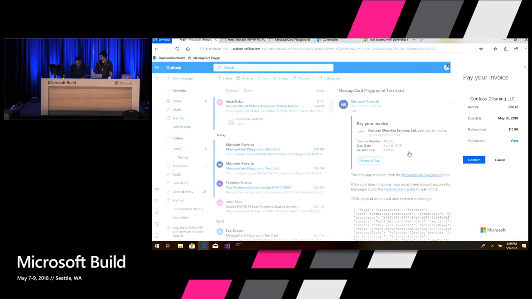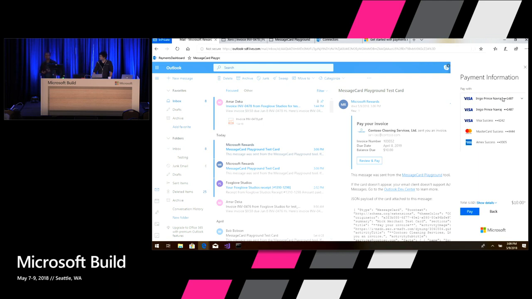And once I click confirm, I should be able to see the credit cards that are on file on this particular account. In fact, when you are testing, the account is also configured with multiple test card accounts. For example, you will be able to see more cards like Visa success and Visa failures. I'll talk about those as we progress.